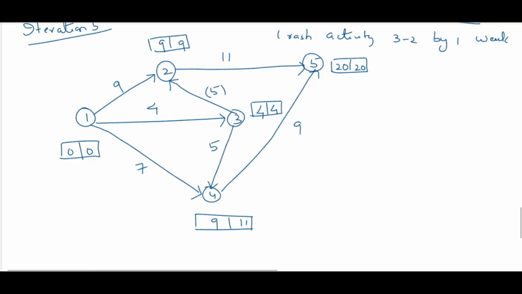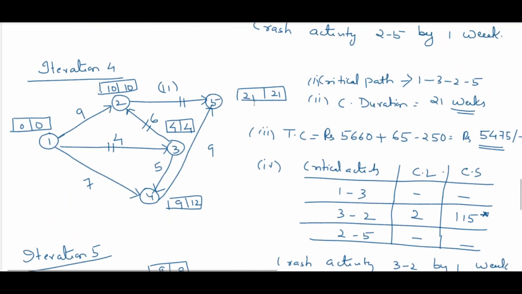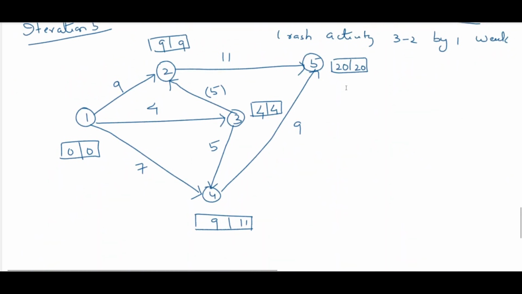Now you can see that previously your project completion time was 21 weeks. Now the project completion time, for this iteration, is 20 weeks. So the project completion time has reduced. Now what about the critical path? We can see that here we can have a critical path